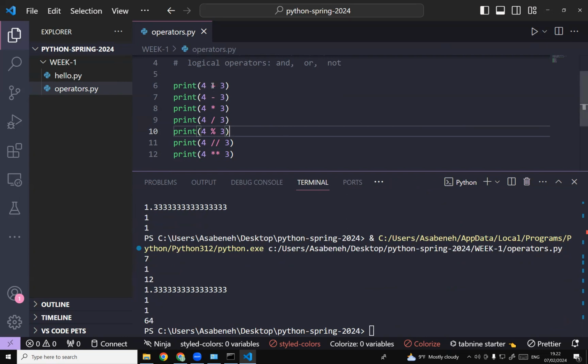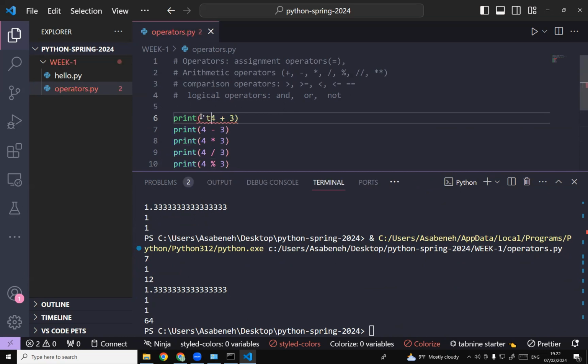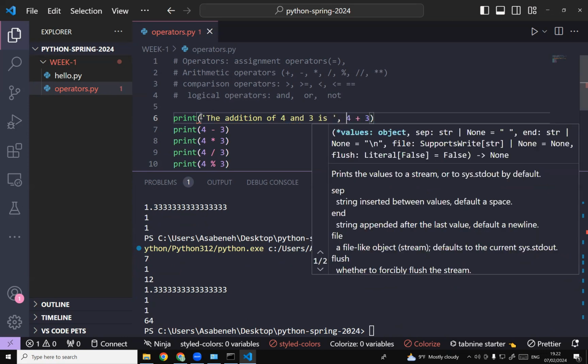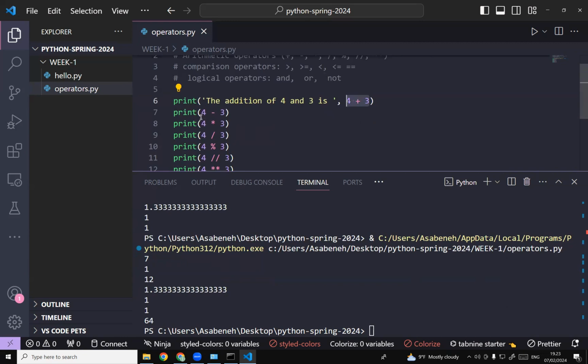Now this allows us to use different parameters. I can say the addition of 4 and 3 is something like this. As you can see, the print function allows us to use different arguments or input. Now I have this one and the summation of these two together. And then I can duplicate this and just change